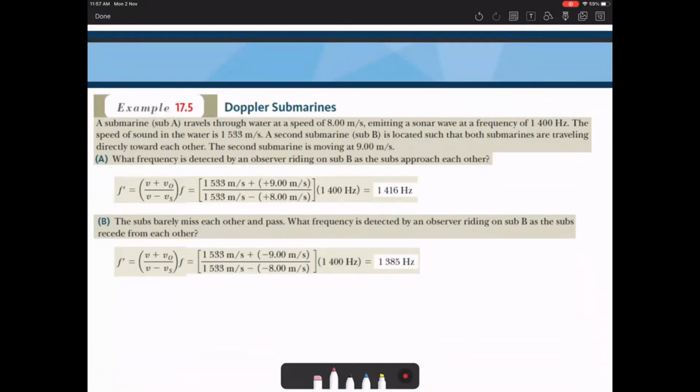So you have a submarine A being the source, submarine B being the observer. At the beginning, they are approaching one another. So you would be using the equation